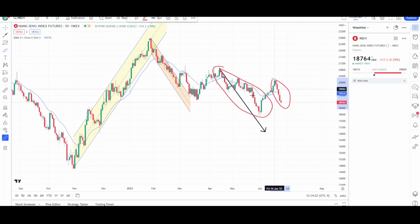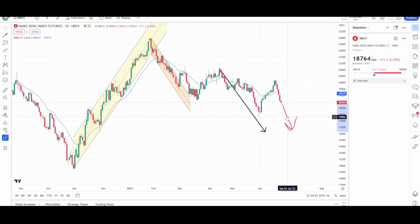Usually you'll see two attempts. On the last attempt or the second leg down, that is not uncommon. This is pretty common. So is this going to fail, meaning we just reverse right now and we go up higher? Or is it going to succeed to reach the measured move target? That's the question that we need to find the answer to by looking at the chart. Well, right now it looks more likely that it's going to succeed